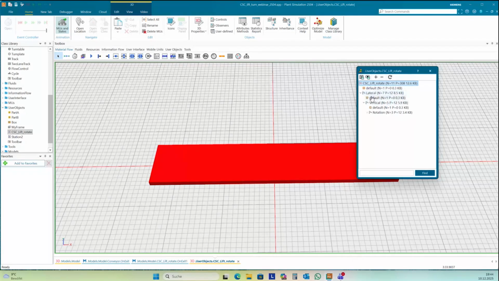Lateral, inside of lateral, vertical, and then rotation. And this is the icon for animatable objects, this robot arm here. And these are graphic groups, this with the square. And graphics are here with the cuboid at the start. This is graphics.